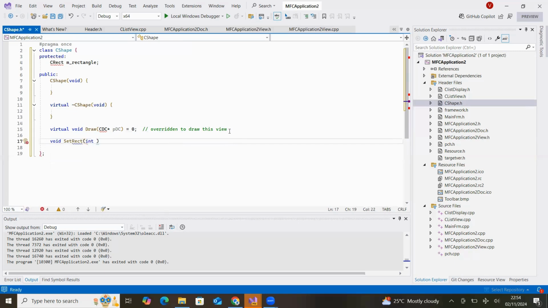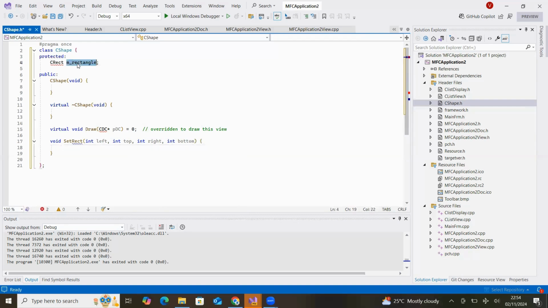It is int left, top, int height, and int bottom. After that, I'm going to close the function. Finally,